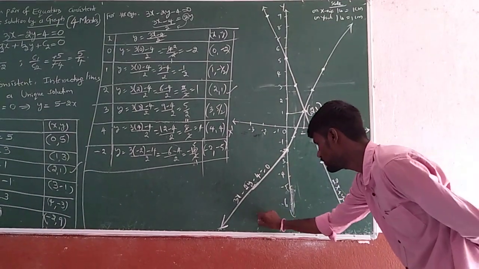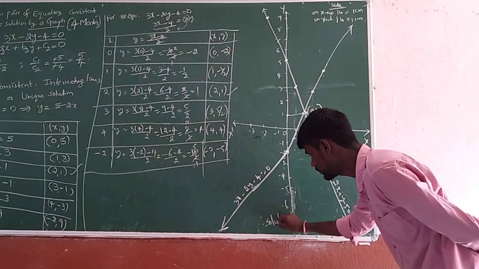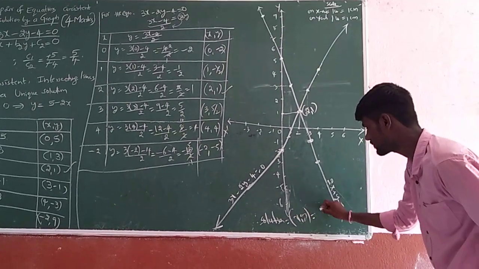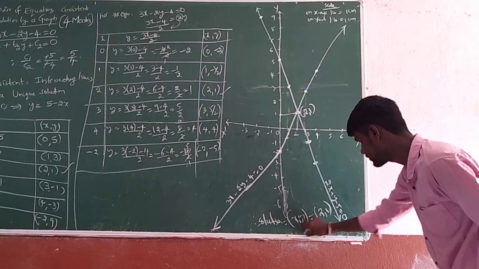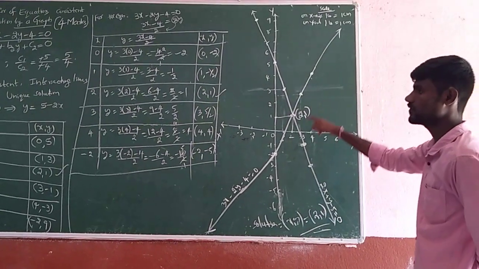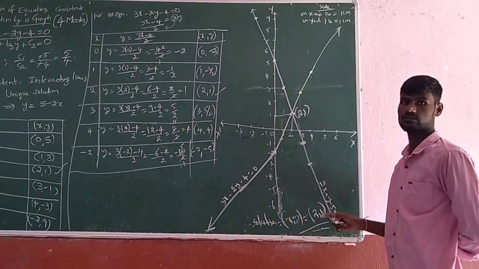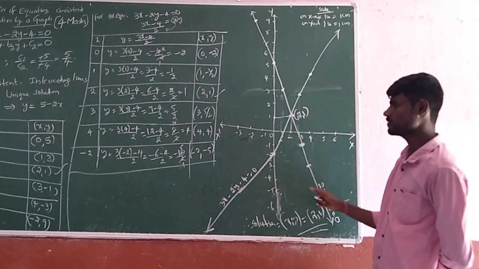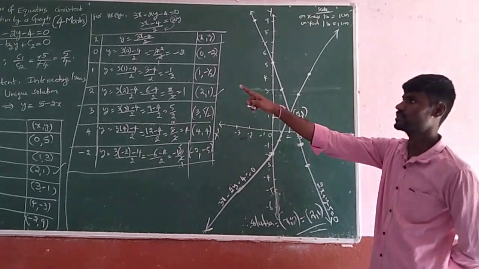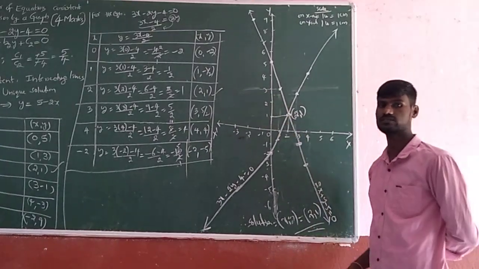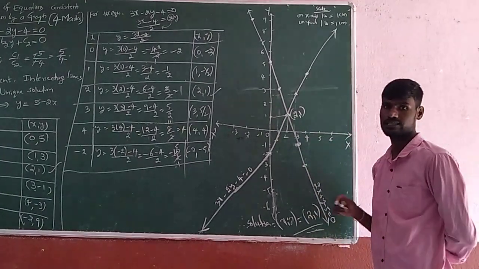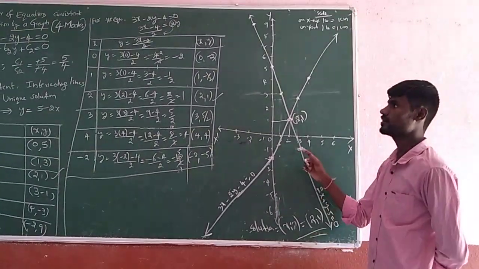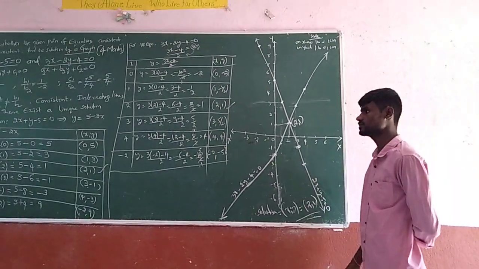And below the graph we can write: therefore the solution x comma y we are finding is 2 comma 1. So this is the way of drawing the graphs. If you have doubt about your graph result, we can substitute 2 comma 1 as a check or verification. Substitute in the first and second; on both sides, the left side LHS and RHS should be equal. So this is the way of drawing the graphs for linear equations in two variables.